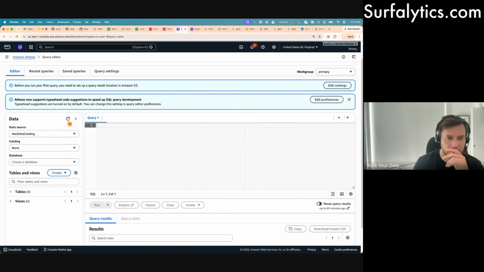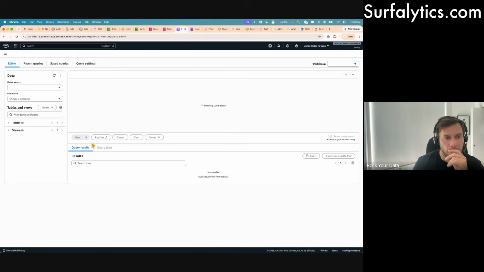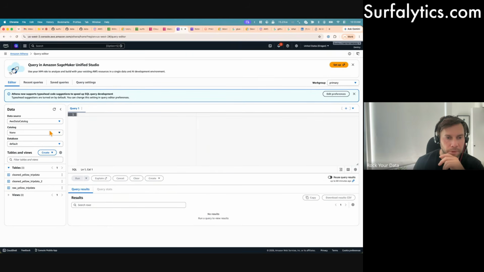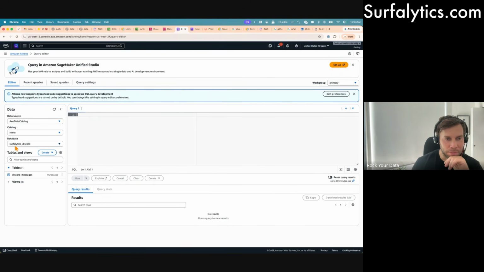Yeah, it requires you to know what region you're using. So that's my default catalog, data and database, and I have the table,